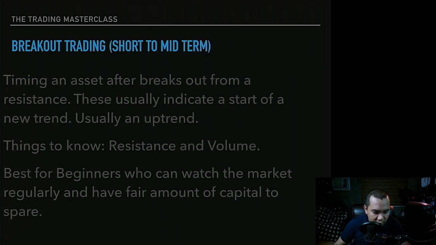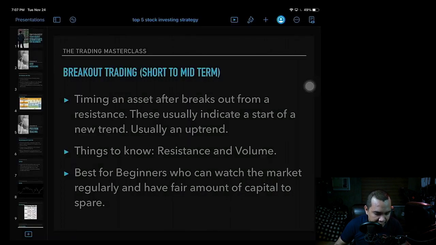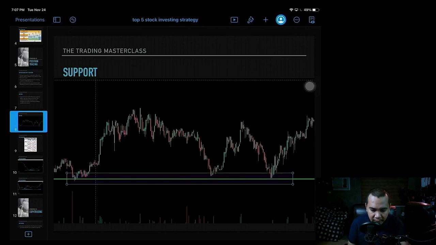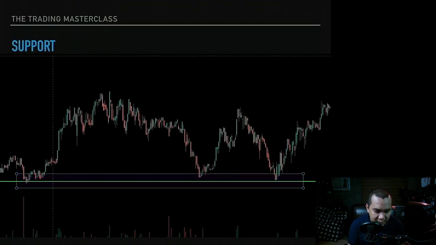So let me just go to the earlier slide that I gave you about support. Right, so let me go here. So this was the support that we were talking about earlier. Look at this area right here. You will see it's completely the opposite of support, where at supports prices tend to go up. But here is the resistance. Prices tend to go down when that area is hit. Basically, people think that it's already expensive and people start selling at that point. No one is buying already because the market thinks it's already expensive.